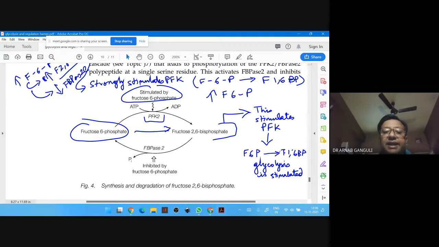So next we have this fructose bisphosphate. When the levels of fructose 1,6 bisphosphate are becoming high,